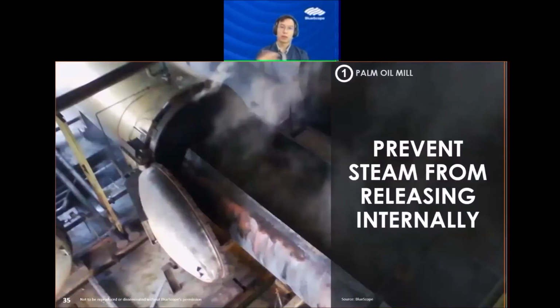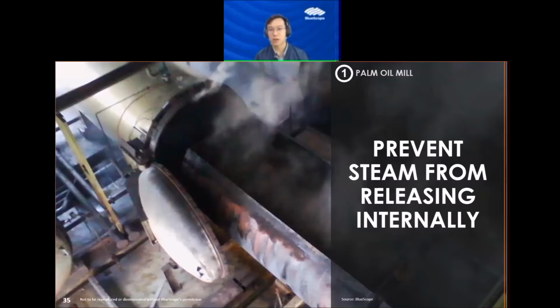So of course, the straightforward answer to this kind of industry or process is to prevent the steam from releasing internally. Most often when we do these inspections, it is very rare that we see these machines placed outside, without any roof. I'm no expert in designing the processes, but this is the angle we want: if you want to prolong the cladding, find a way to